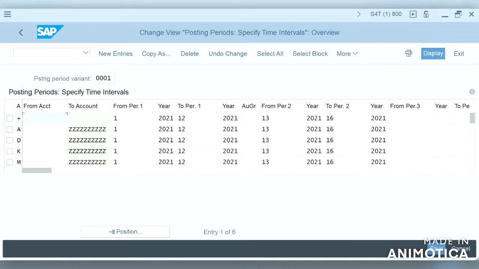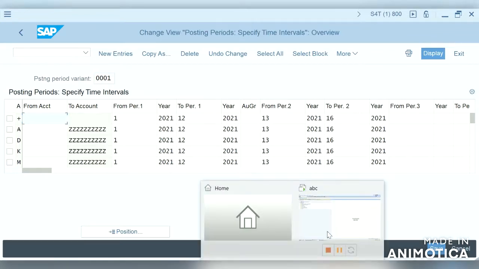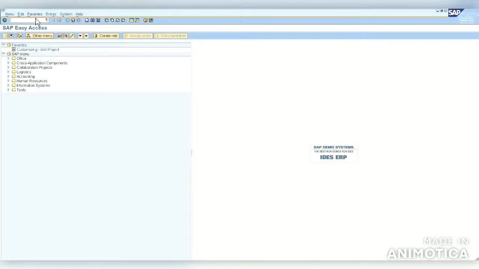But if you see in ECC, if you give OB52, it will open the posting period variant for all the company codes. There is no option to select a particular posting period variant in ECC.